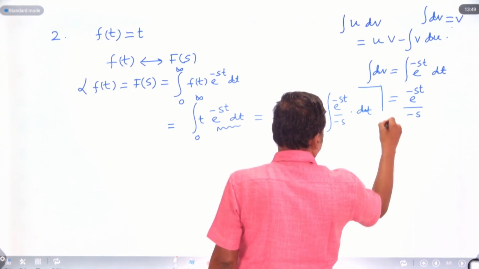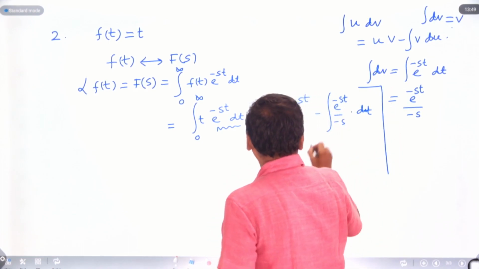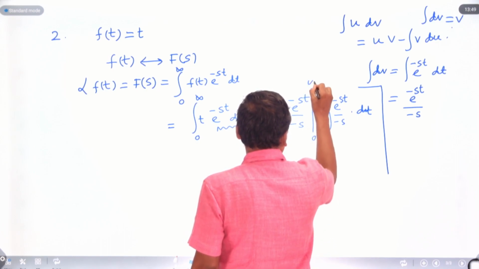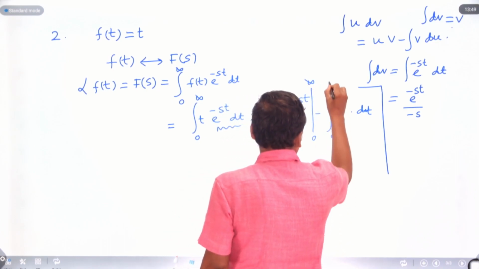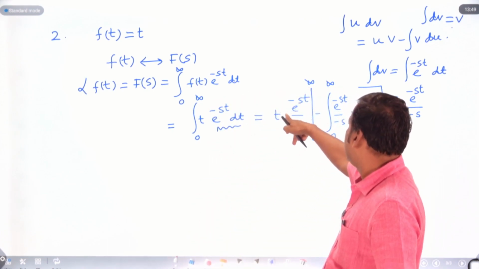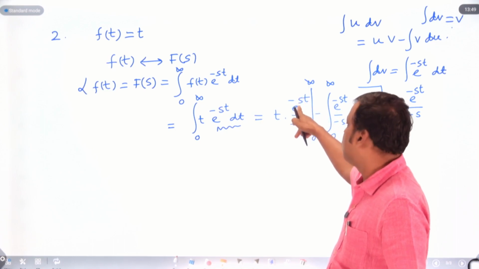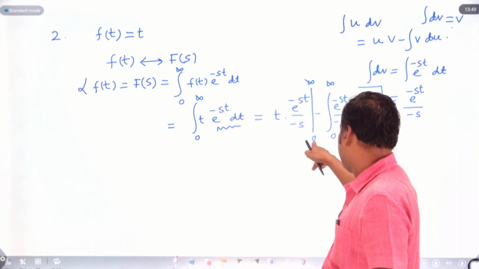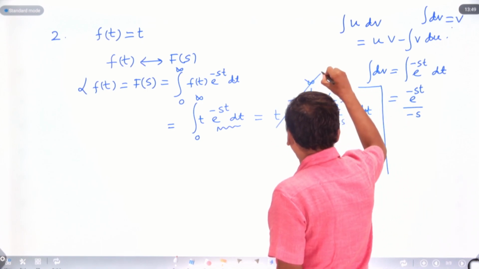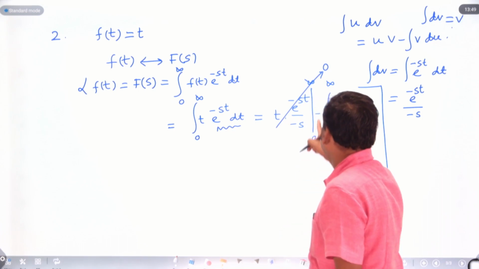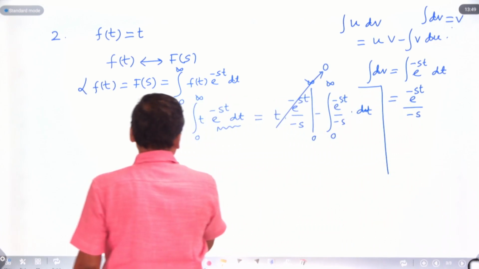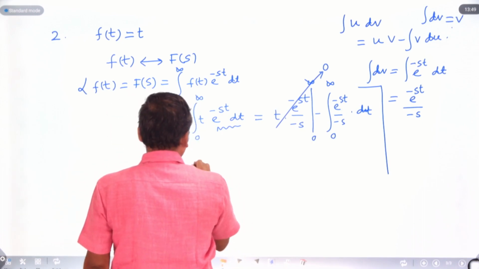The value is how much here? You put the lower limit 0 and the upper limit infinite. Clearly, if you put infinite, e to the power minus infinite is 0, and 0 into anything is 0. If you put the lower limit 0, that is 0 into anything, 0. That means this part will be 0. And here, minus becomes plus. That value is how much? That is your 1 by s times